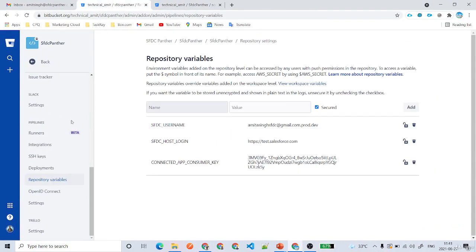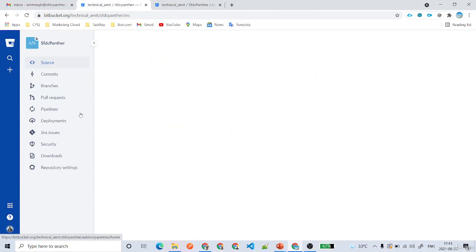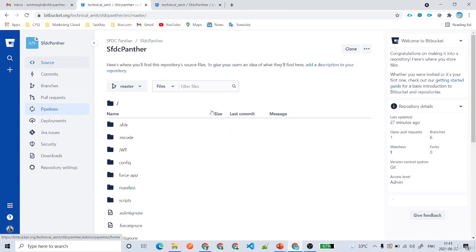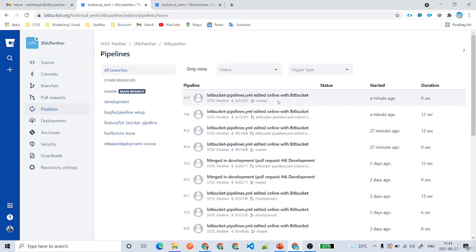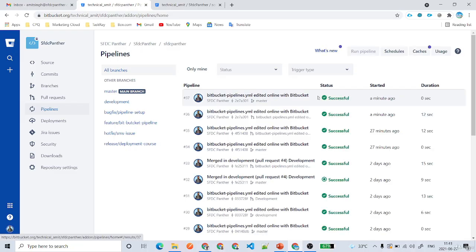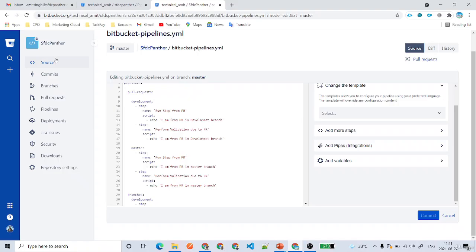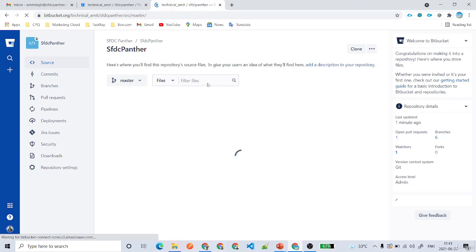If we get back to our pipelines, get to your repository, find the pipelines, and you will be able to see there is one pipeline which is running for a production branch, and it is successful. You can see here. Now what we will do is we'll get back to our source, and then under source we will basically try to commit some changes inside the master branch or a